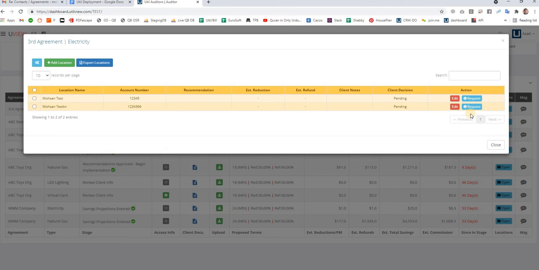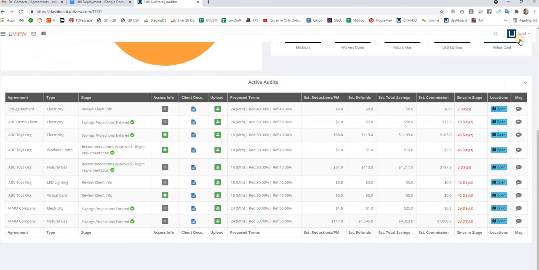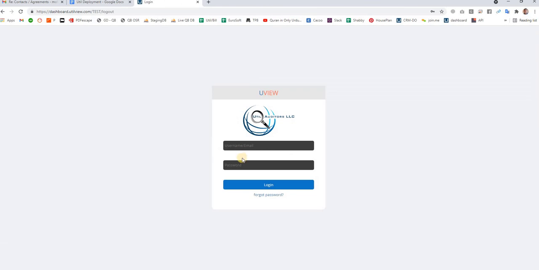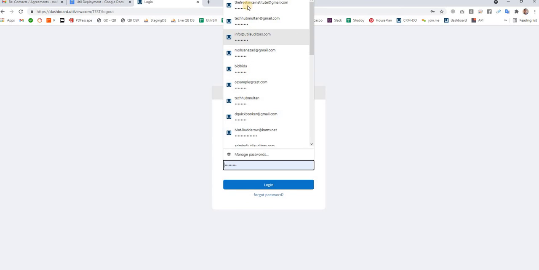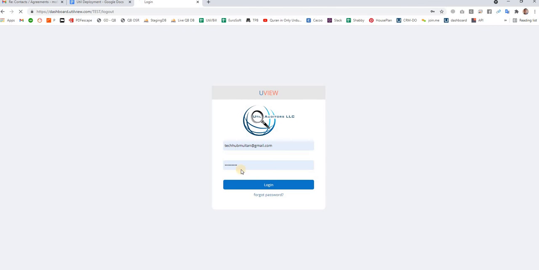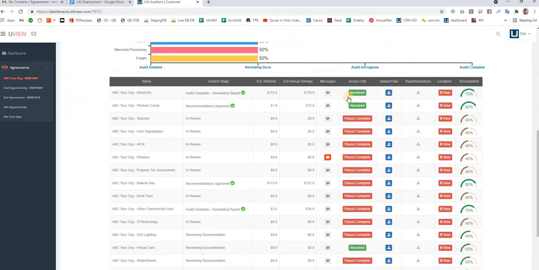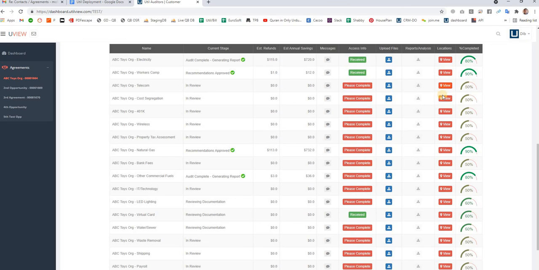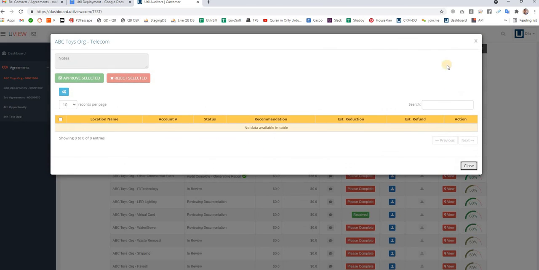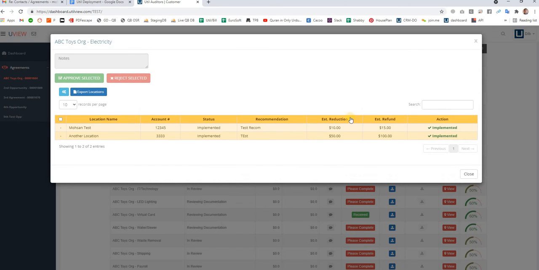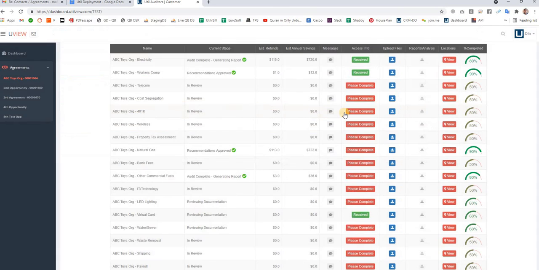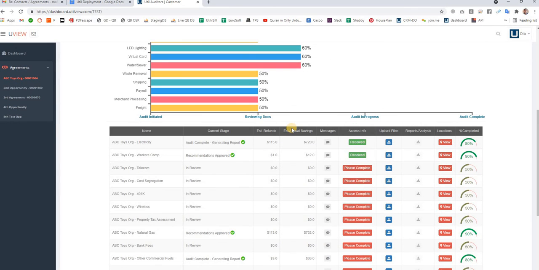If you want to continue this way, we would need to change the customer dashboard to show this please complete button for each location separately, so they can complete the requested documents for each location. So please advise how you want to proceed with that. Thank you.